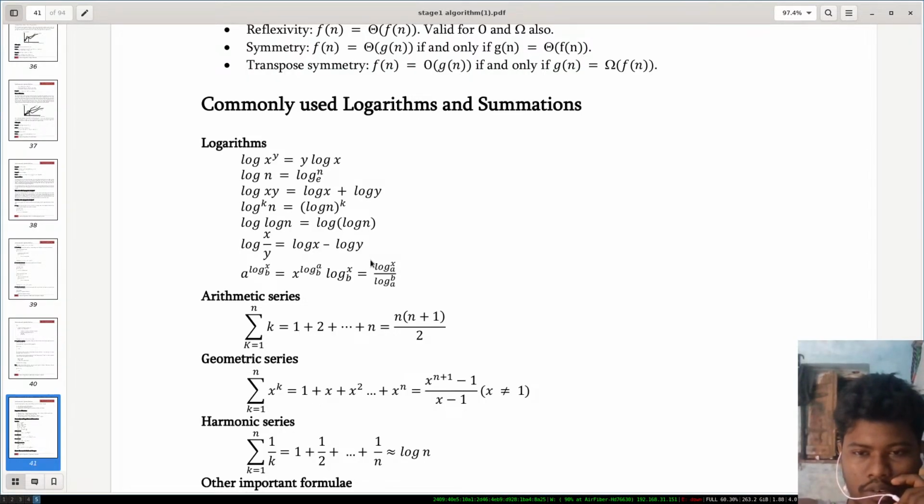Log x, wait, I know it. Now a raised to the power log x b, that means log b to the power x. That's it here. So what we get is equals to log